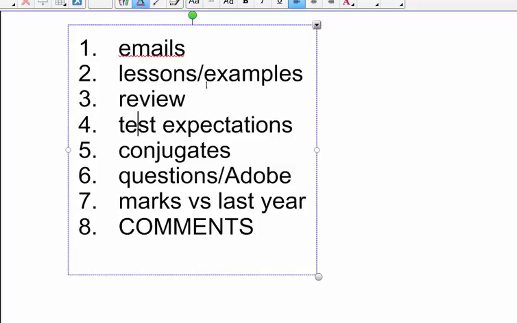So I guess I'll start by apologizing right up front because, reading through the two emails, I don't know whether these are new concerns, or whether they've been ongoing, but because the material is just getting harder now, they're coming to the forefront. A couple of the things that were suggested were that the lessons were maybe a little vague, not going into enough examples to really prepare students for the upcoming work.